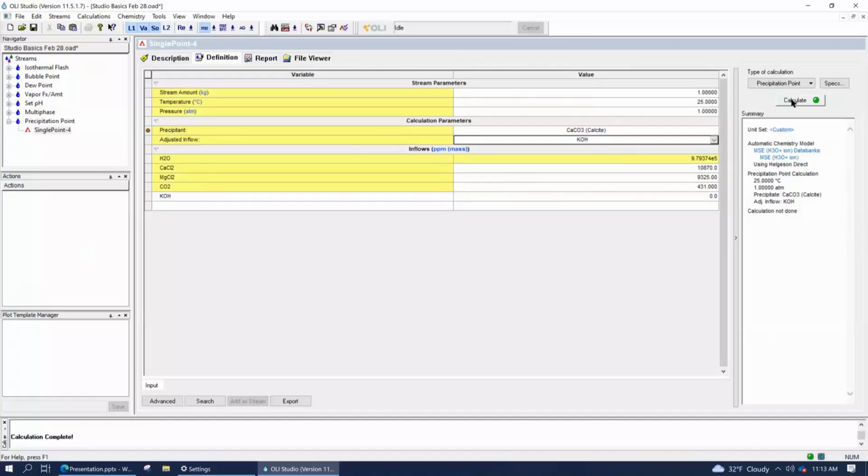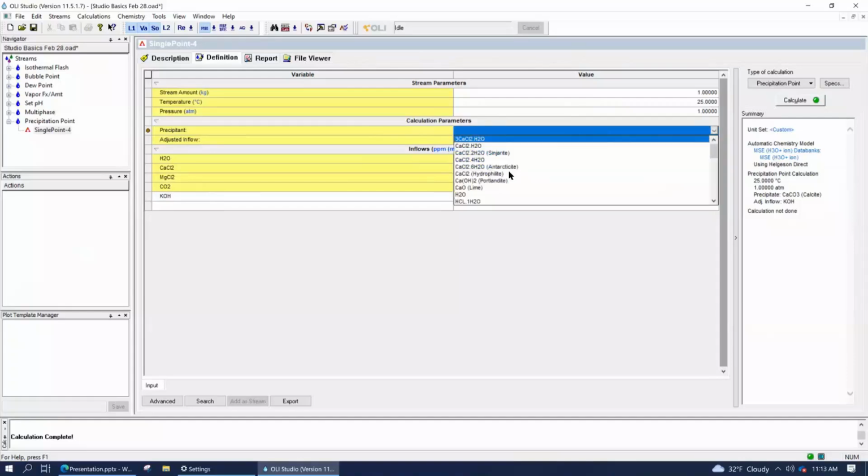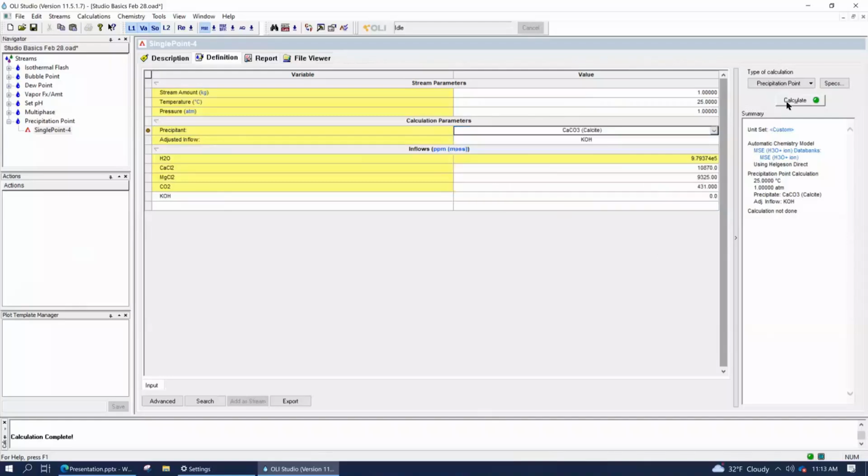All right, we're ready to press calculate. And we know we're ready because the calculation item button is green, right? If the calculation wasn't green, it usually means that we forgot to enter something. I tried to do it that way. Okay, next time I'll have to do it for you. So press calculate.